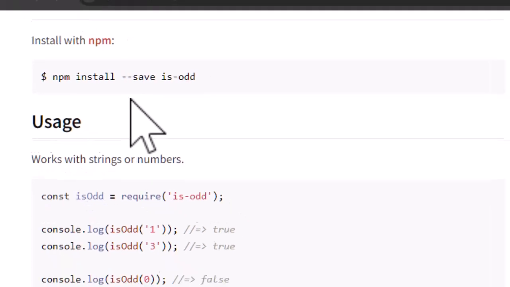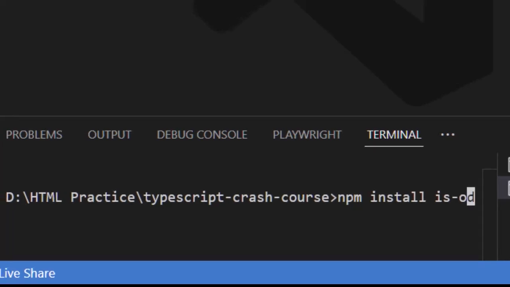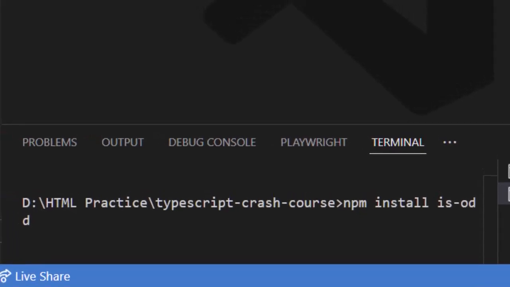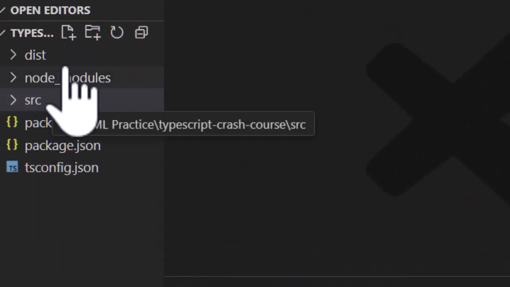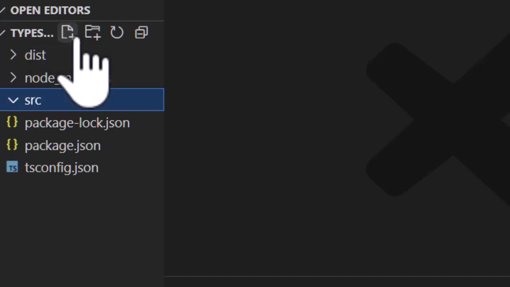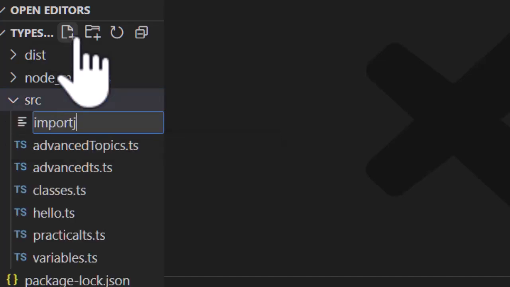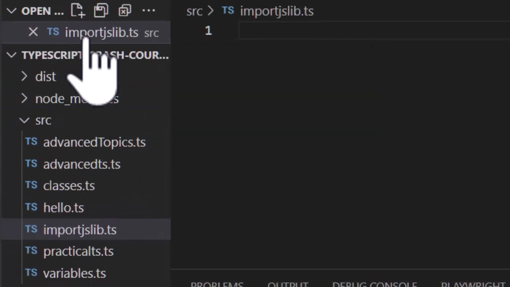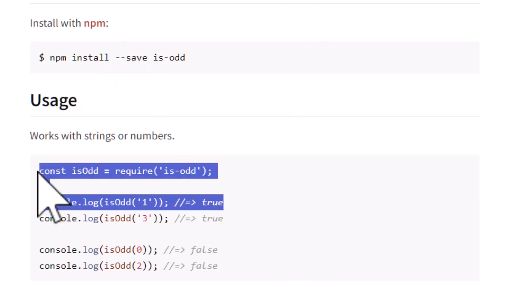So let's go to Visual Studio Code. npm install is-odd. Right, it's installed. So let's first get familiar with the type of issue that you are going to see. To do that, let's create a new file and try to use this library. I'm going to call it import-jslib.ts. I'll go to their npm page, copy the usage example